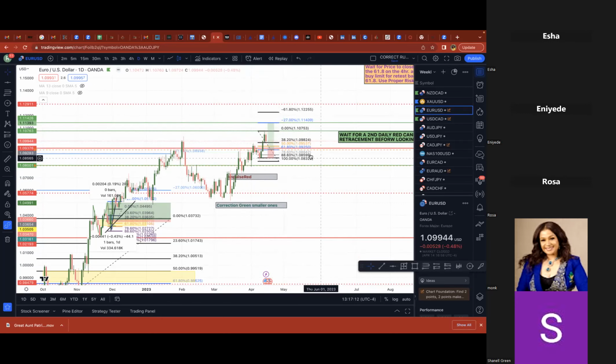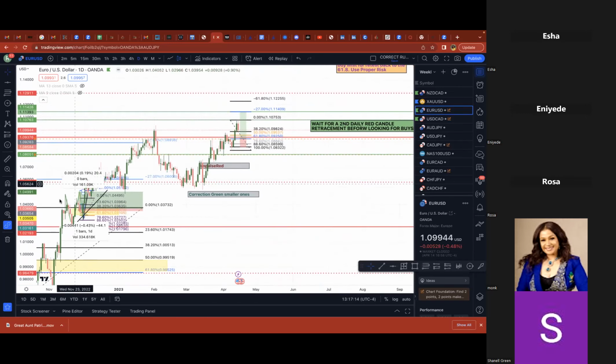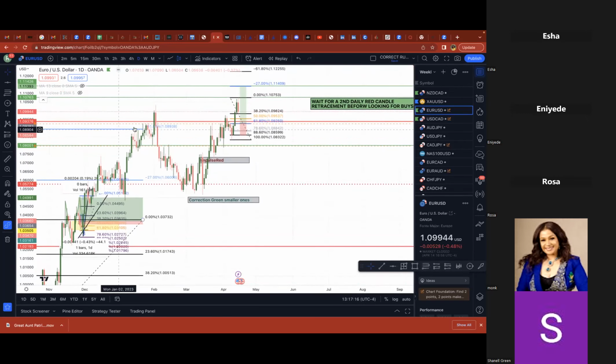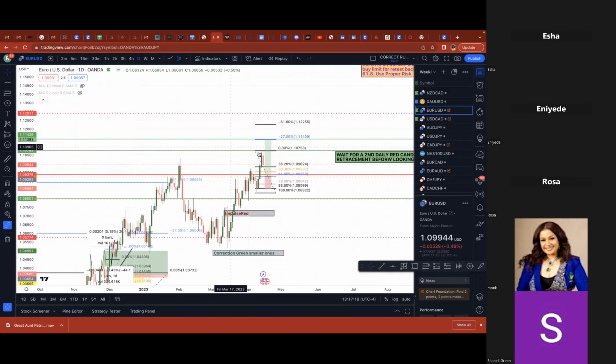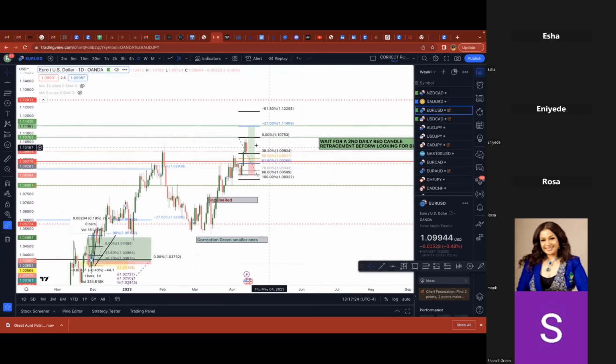We don't stop the trade. We don't pull out because of news. News is just going to take us to our take profit, you know what I'm saying? So whatever happens with the dollar is going to be in confluence with what we line up on any one of these pairs.